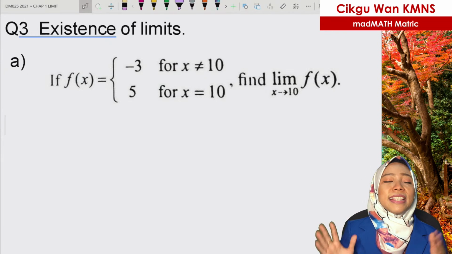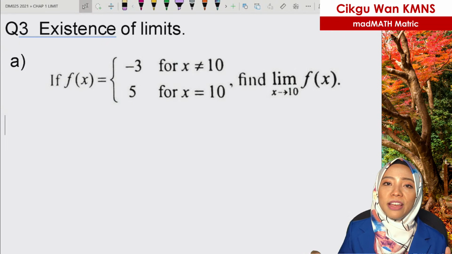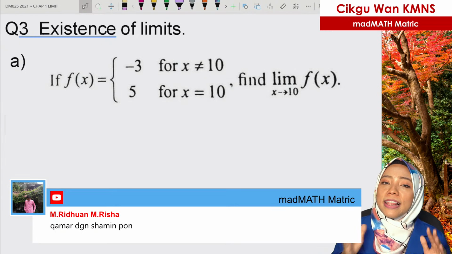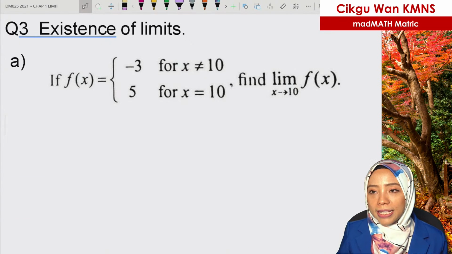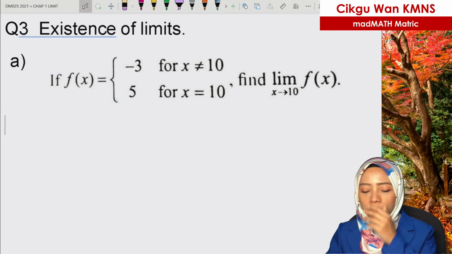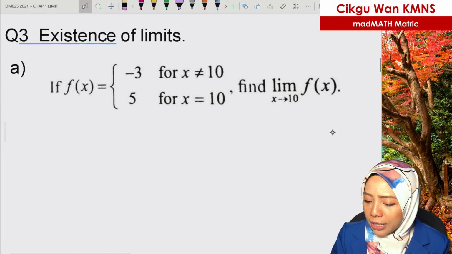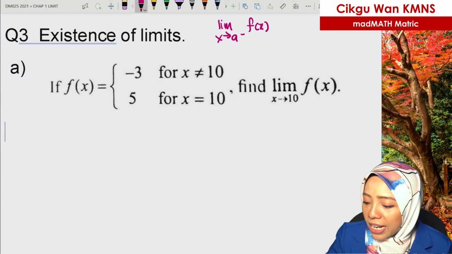Okay, existence of limit. Just now under introduction, I have mentioned earlier, the meaning of limit to exist is the left hand side, limit x approaching a, must equal limit x approaching a from the right hand side. The left hand side has to be equal to the right hand side. Okay. So existence of limit, I tulis semula. Limit x approaching a values from the left hand side when given any function. Okay, mesti